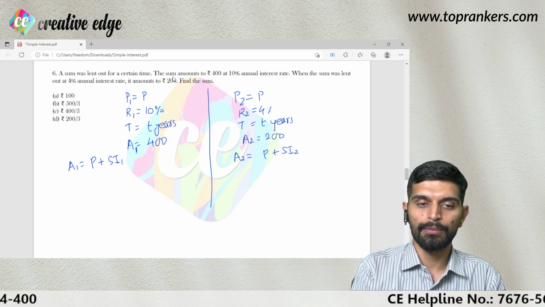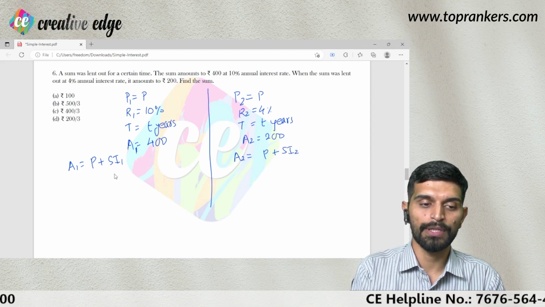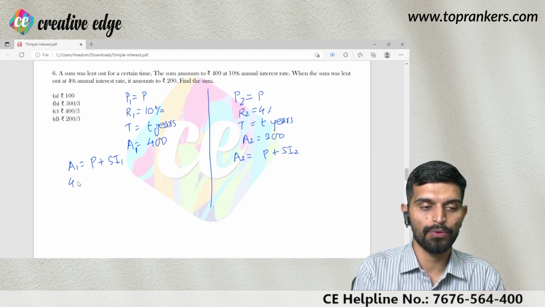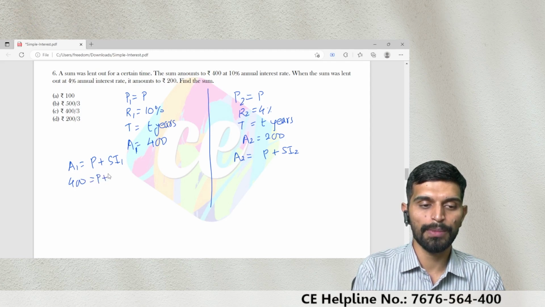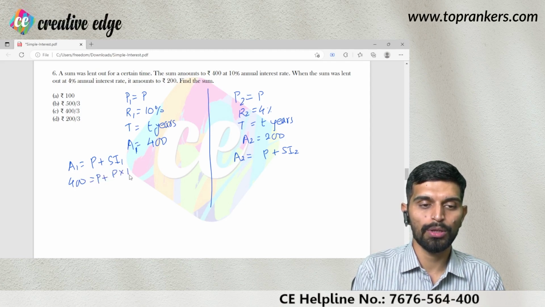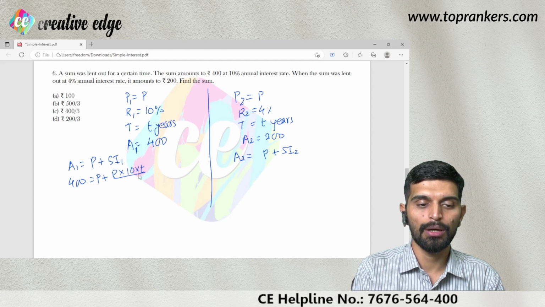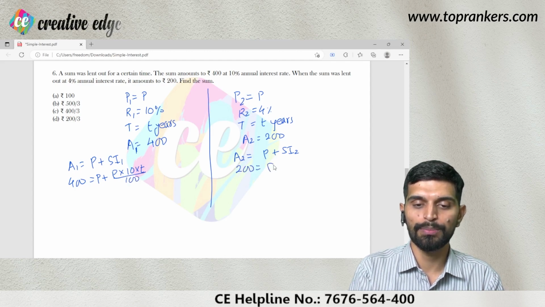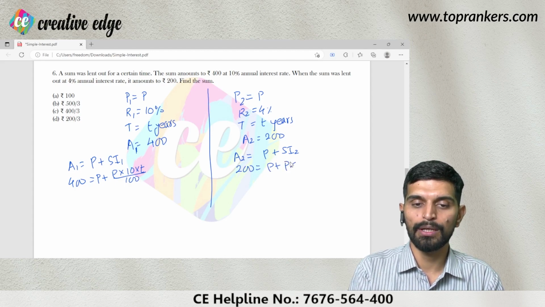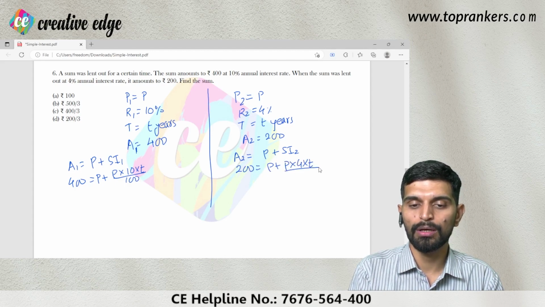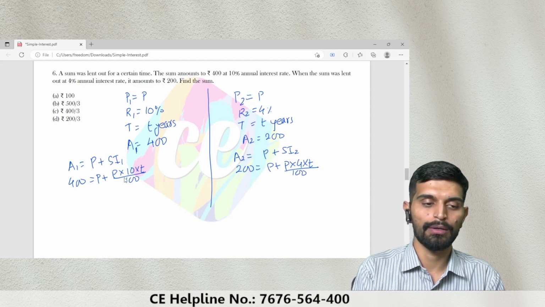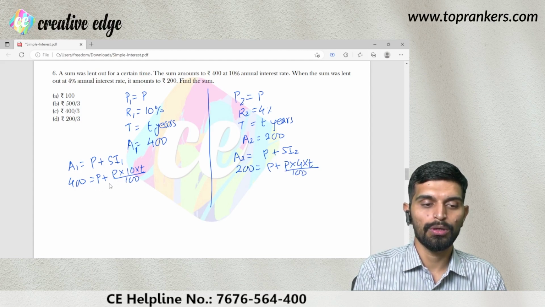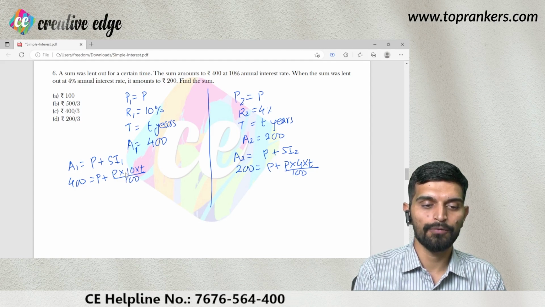So we can determine the value of principal with the help of these equations. This amount is 400. This is equal to P plus P into 10 into T upon 100. And here, 200 is equal to P plus P into 4 into T upon 100, right? And now if we calculate for the value of P, we'll have